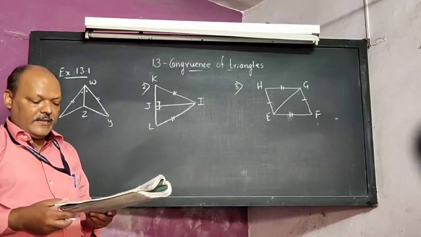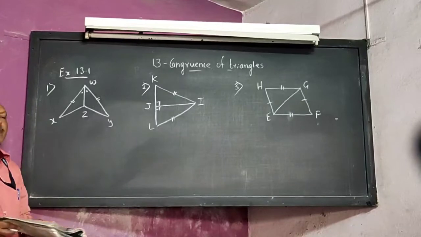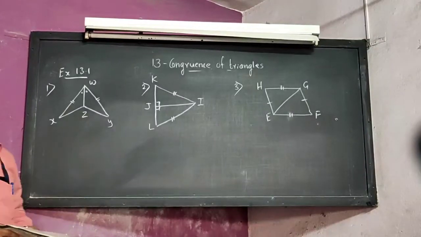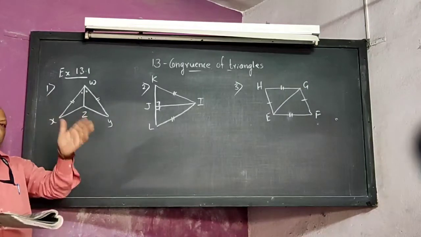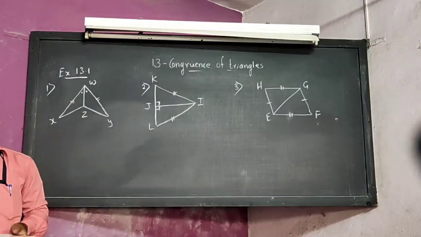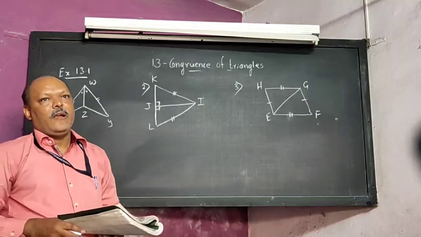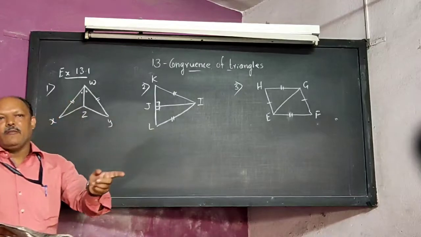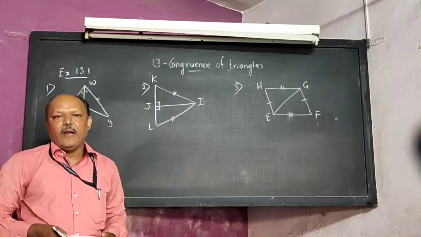of the vertices. So first one, in the figure, always remember that two parts will be marked and the third we have to find. The third will be either a common side, where the two triangles are joined by one single line, or a common angle, or a vertically opposite angle. These three things you have to find in the figure. That marking will not be given. Two markings are always given, and the third part we have to find from the diagram.